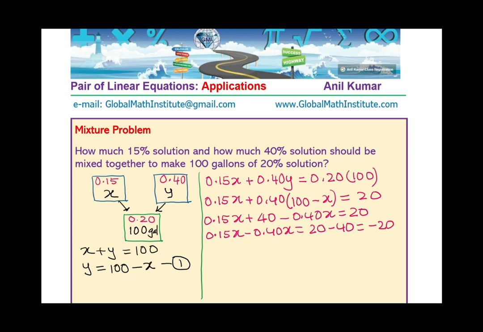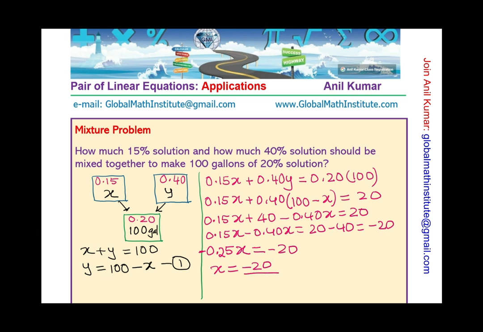On this side, we get what? If you take away 15 from 40, we get 25, so minus 0.25x is equal to minus 20, and that too a negative quantity because 40 is greater. So that gives you the value of x as minus 20